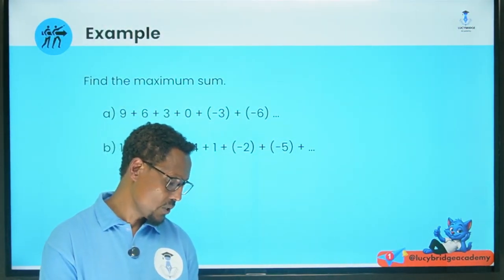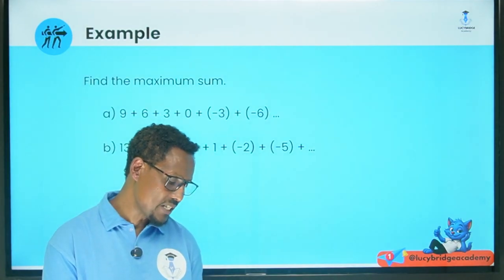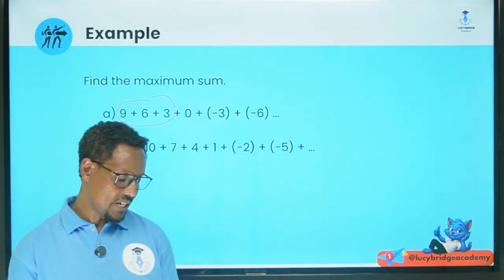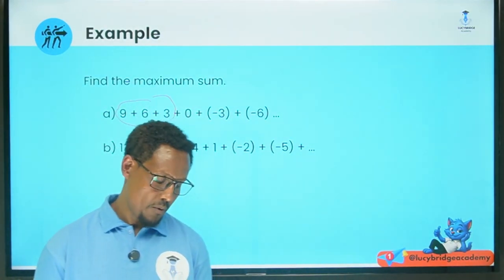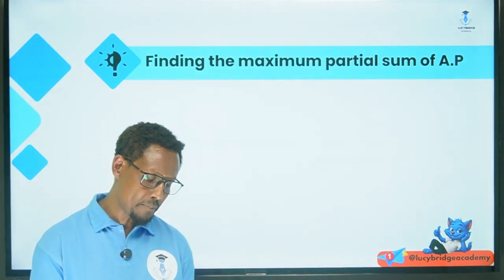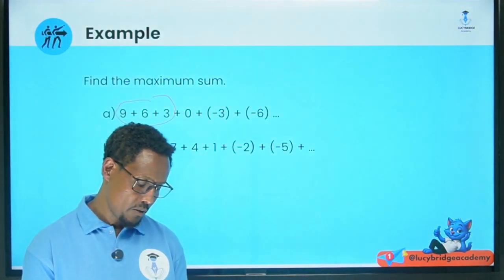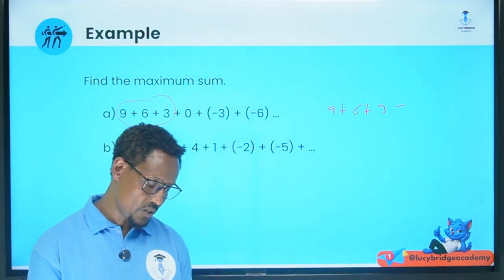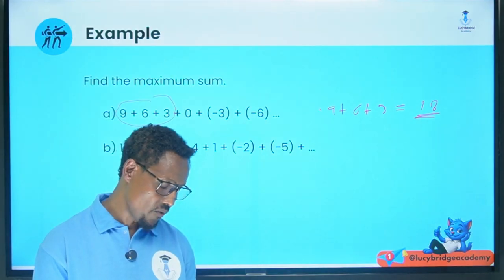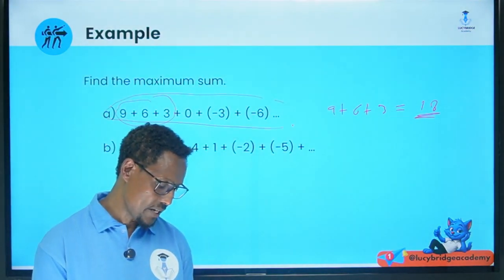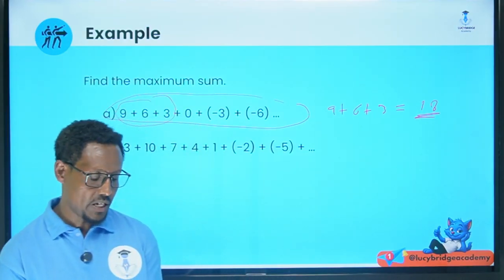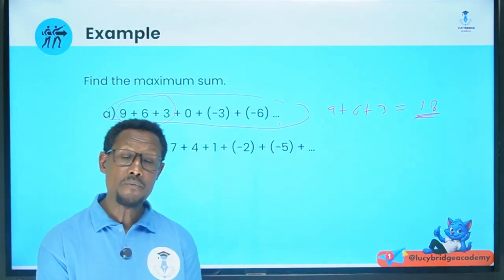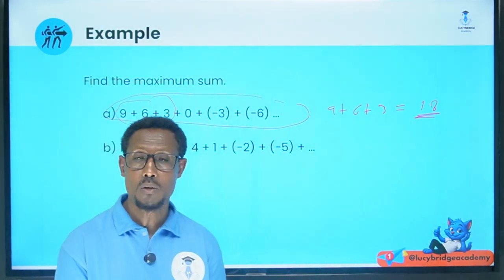For example, look, our sequence is 9, 6, 3, 0, minus 3, minus 6, it continues. So the sum of 9, 6 and 3 is the maximum partial sum of the arithmetic progression. That is 9 plus 6 plus 3, which is equal to 18, the maximum partial sum of the given arithmetic sequence. The other numbers are negative, so they would reduce it. The series is infinite, but we added only the three terms, why? Because they